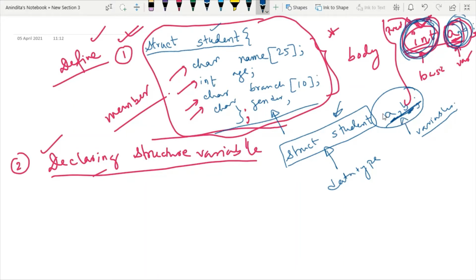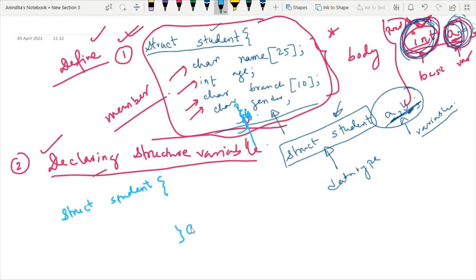Now you have one more alternative option. What is that option? You can define a variable of a structure at this point. How? Do not write this semicolon. After closing the second bracket, here you can write struct student, and this is the body of the structure, and do not end this structure with a semicolon.